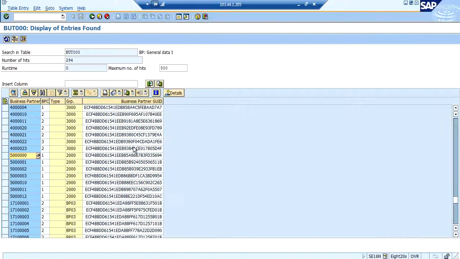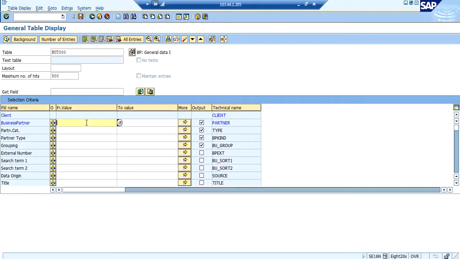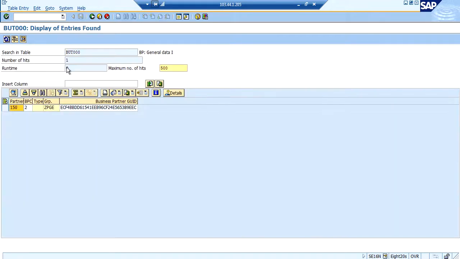For BUT000, there is a field called business partner GUID.